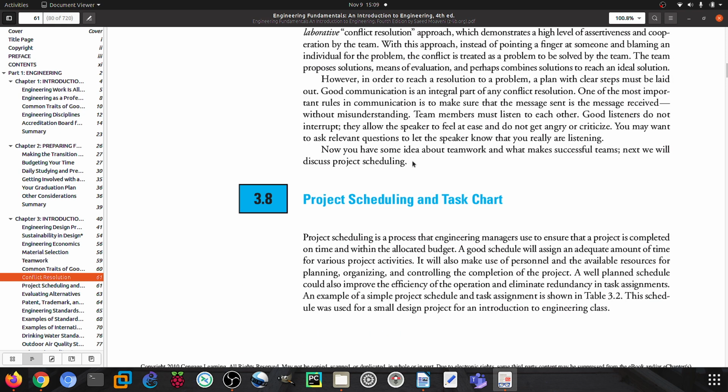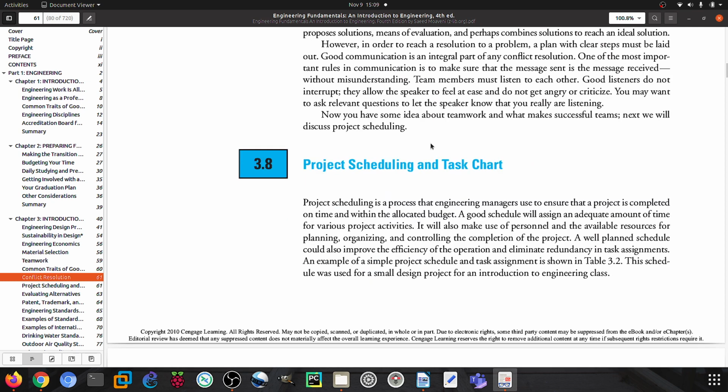Okay? Project scheduling and task chart. Usually this is a Gantt chart eh. So whenever you have a project, napaka-importante meron kang target date, starting date, ano yung mga activities in between that. Okay, ano yung trabaho ng bawat isa. Halimbawa, ikaw sa documentation, ikaw sa ganito, pagdating sa design ng electronics, yung isa naman pagdating sa programming, something like that. Okay? Budget,